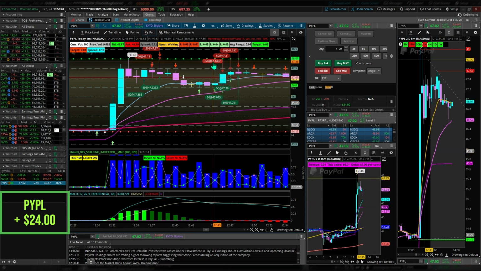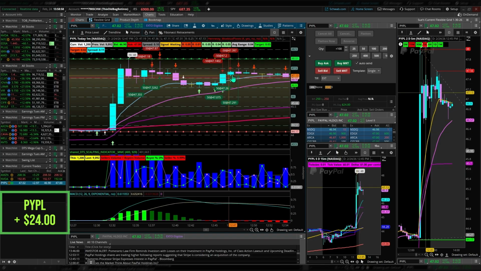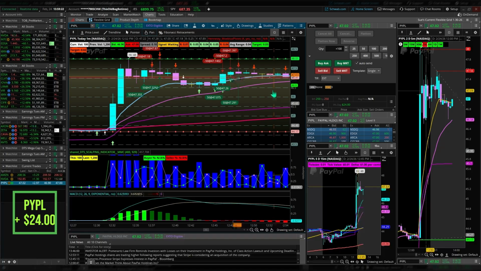So I got back in here at $47.07. I got out at 47.14, so I made 14 cents on that one. And then I get in again because I realize it's really not coming back down. I got in at 47.26 and got out at 47.20, so just made a few more pennies there. And then this one, I got in at 47.29 and got out at 47.39, so that was about 10 cents there. And I made $24. And then you can tell it was petering out. I mean, there was good volume, but the price wasn't moving. Buyers and sellers were in agreement. So I realized I was done with that. And then that was it.